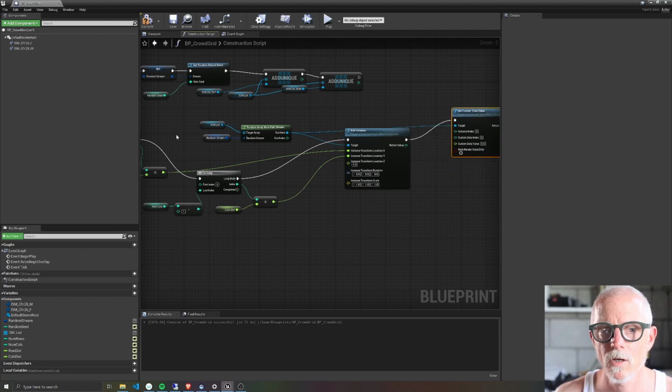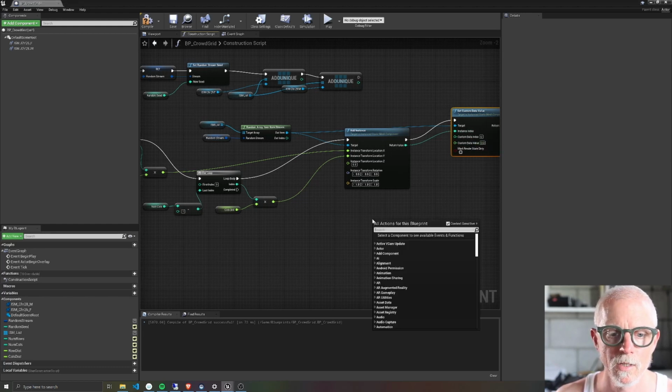And this takes a target, and then you need the index of which of these instances. This is going to be a whole lot of instance items, and this is going to tell you which instance item is going to get what data value. And this data value we're going to get from a random stream. So we got this